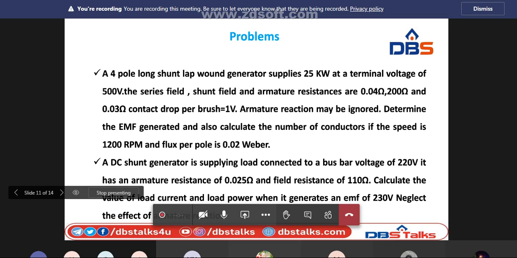So the first problem is very important. Many times they are not asking exactly this problem, the values are changing. Sometimes they are asking